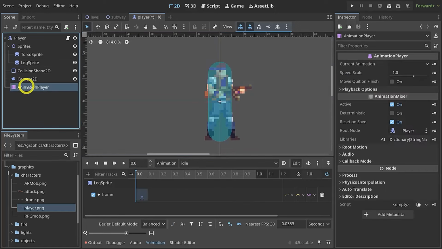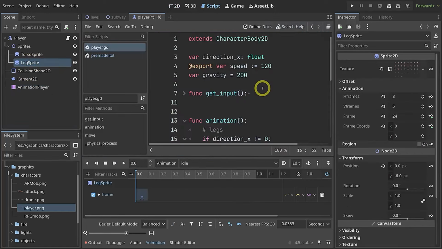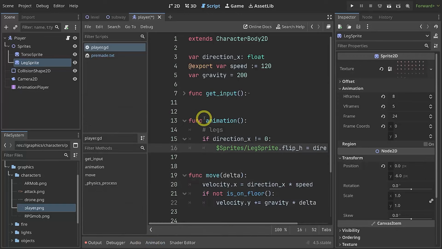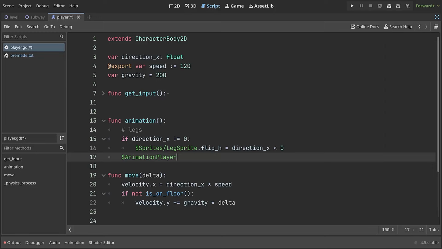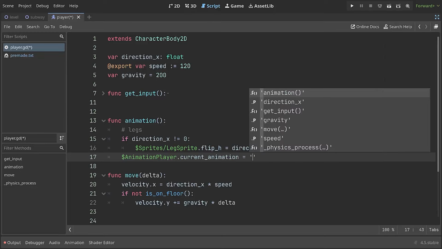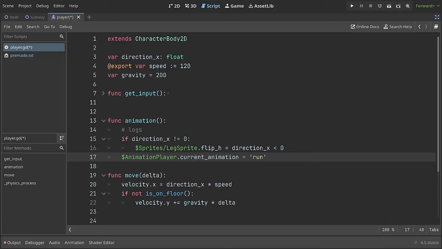With that, we have an animation player that updates the legs, which we can then use inside of animation. I want to get the animation player and set the current animation to run, but only if direction.x